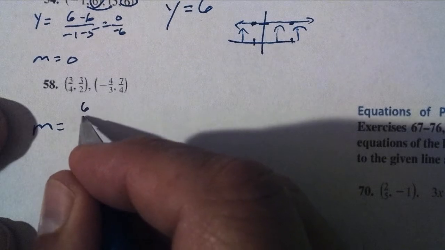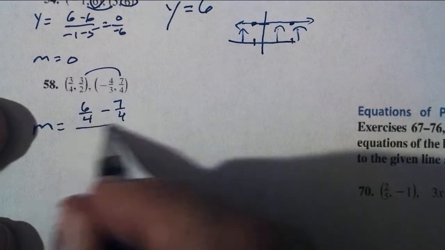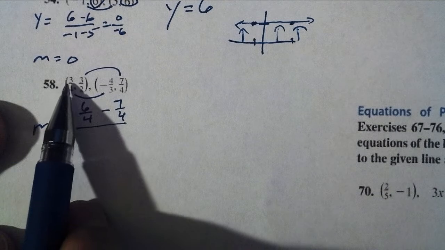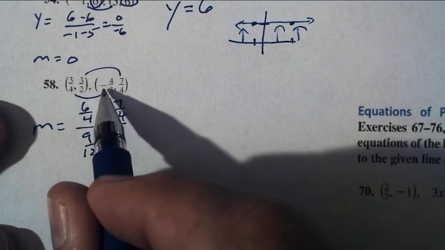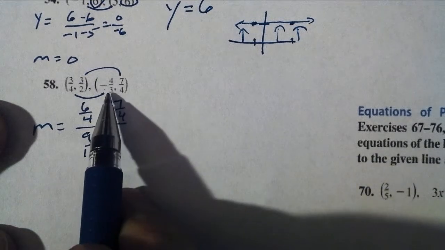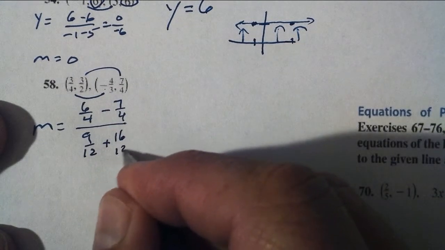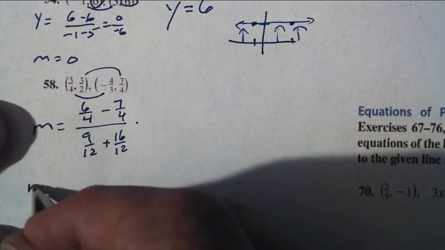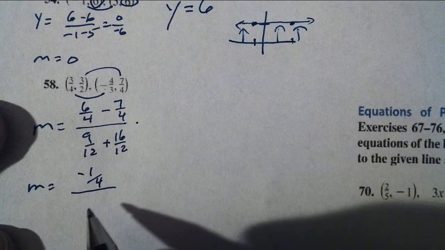I'm going to make that 6/4 minus 7/4, over, now my least common denominator, 4 and 3, is 12. So times 3 on 3, 9/12 minus negative, to get a denominator of 12 here, times 4 on 4, 16/12, gives me a slope of negative 1/4 over